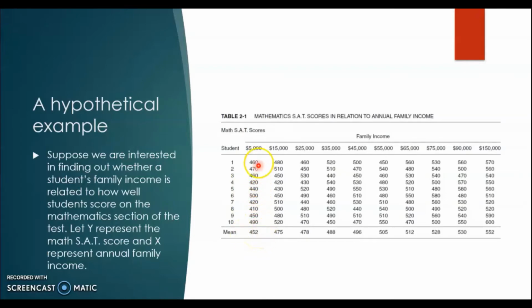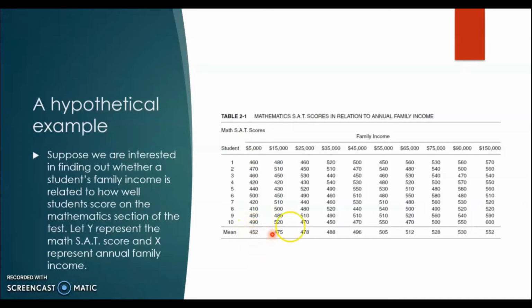This means that they are grouped in the same group of income where the midpoint is 5,000 and the average SAT score for mathematics for this group of students is